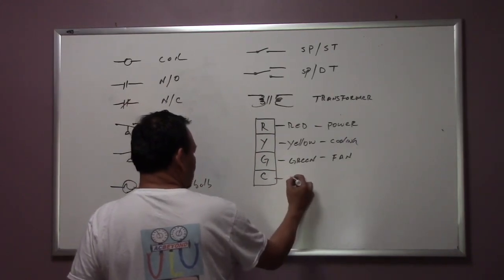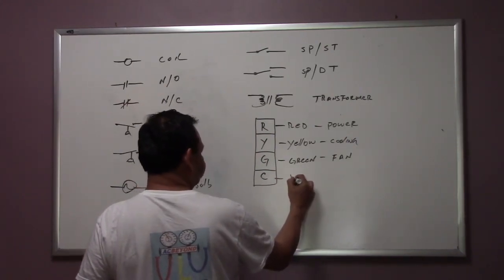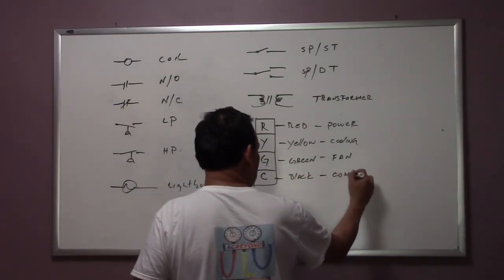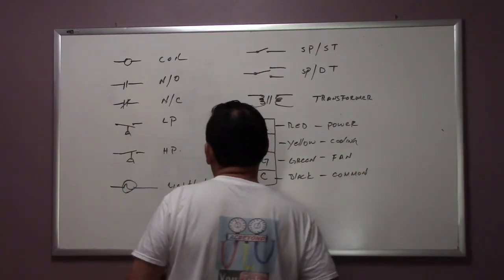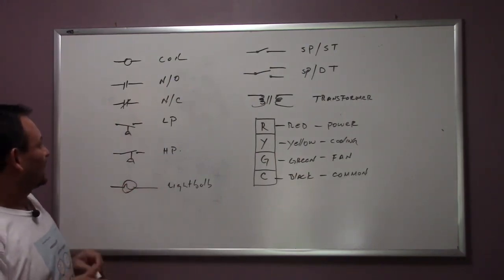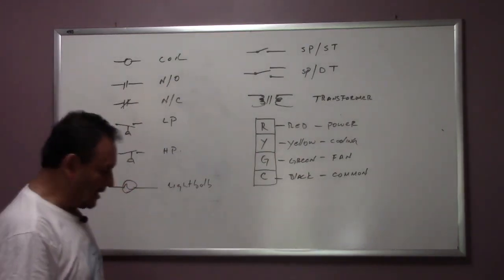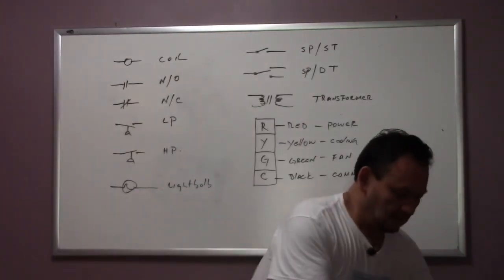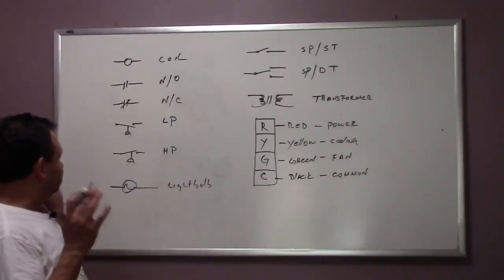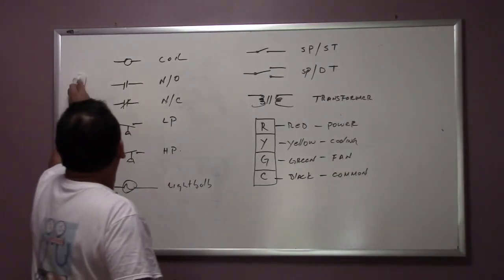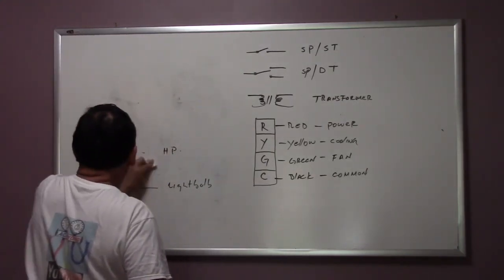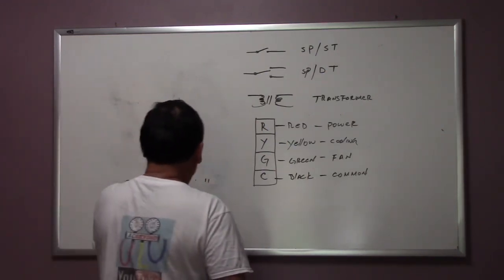And common is going to be black. We can use black or brown, and it's for your common wire. Pretty much these are the ones that we usually use. Like I said, this is what we're going to be using. We're going to have more later on, but since we have that, now we're going to talk about the